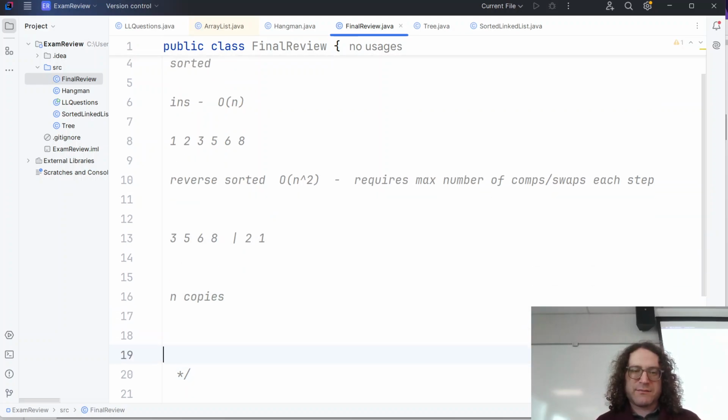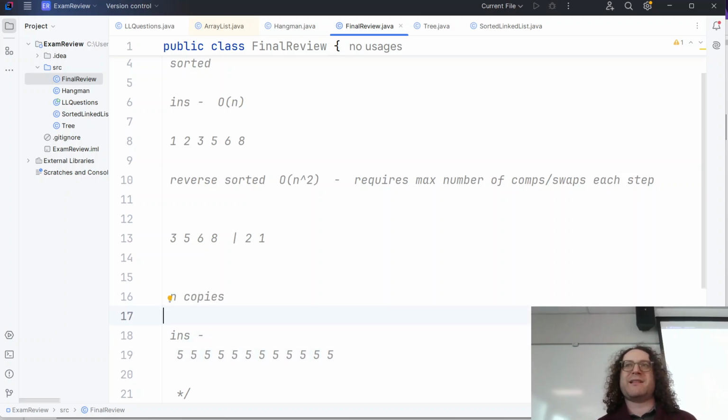Insertion sort for n copies, that's effectively the same as it being sorted. Right? If it's just that, right? And as long as our comparison is that we basically that